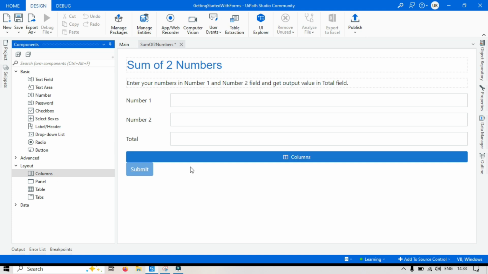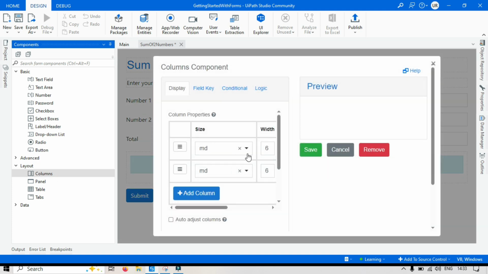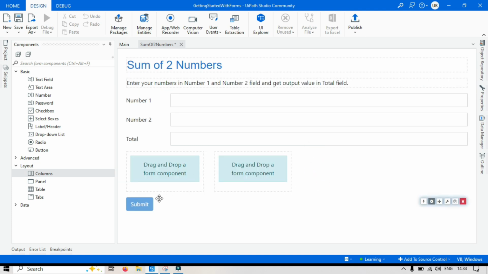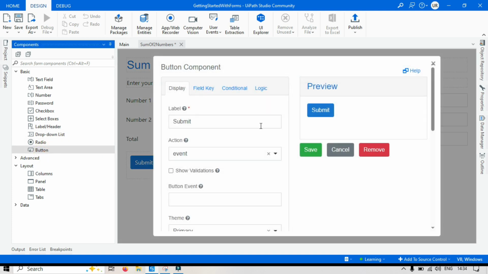Let's take here column, set the width to 3, 3, save it. Let's take this submit button here and take another button here and change the name for this button